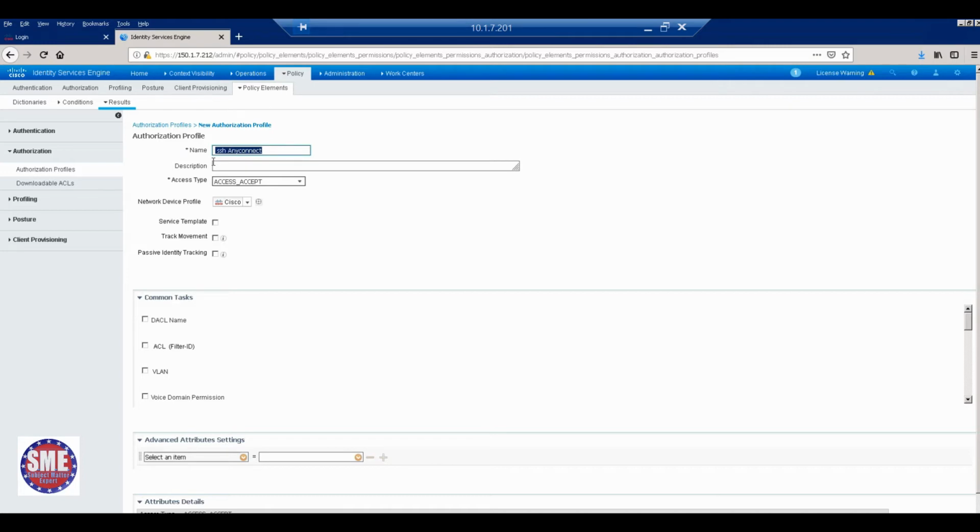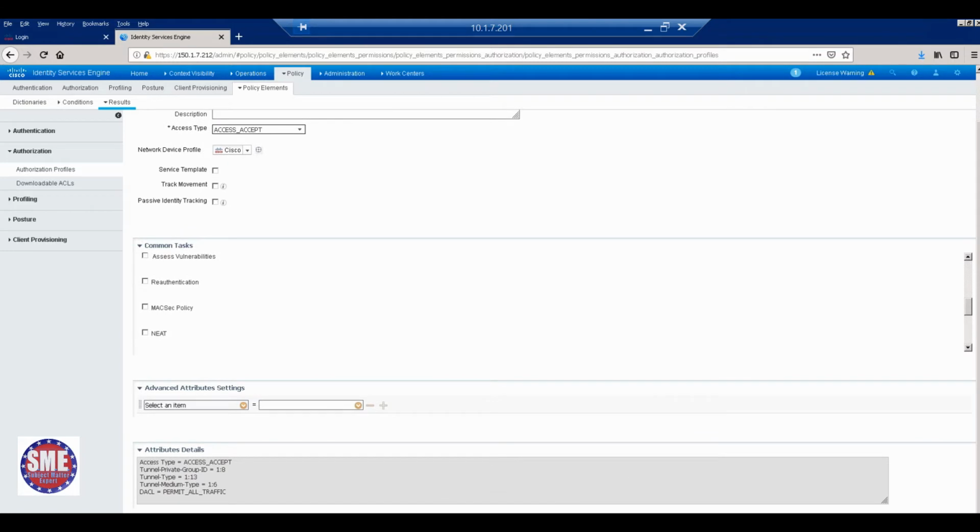Just make it like that. Then you will not be confused. Okay, MAB results. Is it mandatory to have the hyphen in order? No, there is no order actually. MAB hyphen results. What's the rule? Dynamic ACL, it should be permit all ACL, and VLAN. Which VLAN? VLAN 8. Submit.